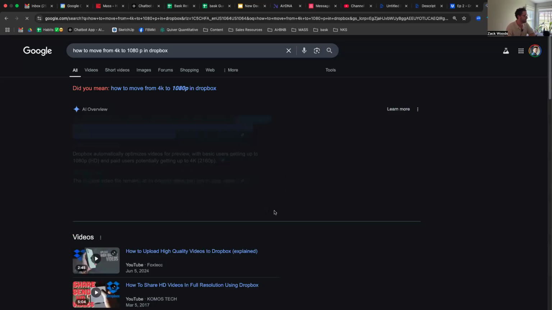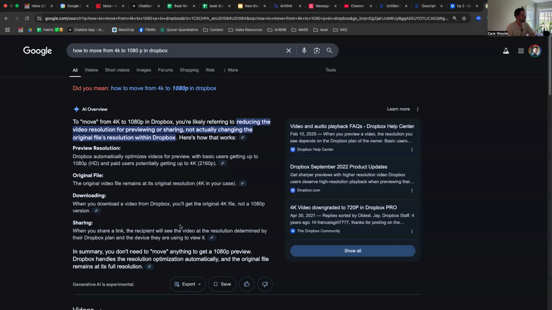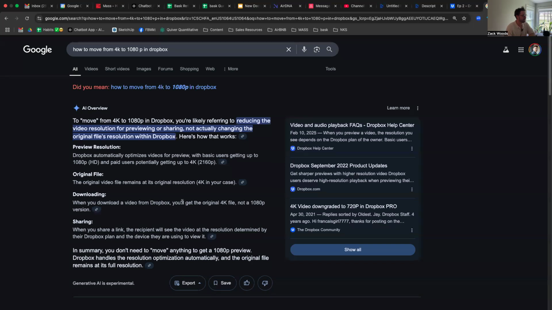Let's see if that'll work. You're referring to reducing the video resolution for previewing and sharing, not actually changing the original file's resolution. Here's how it works. Preview resolution, original file, downloading. When you download a video from Dropbox, you'll get the original 4K, not a 1080 version. Oh my word.